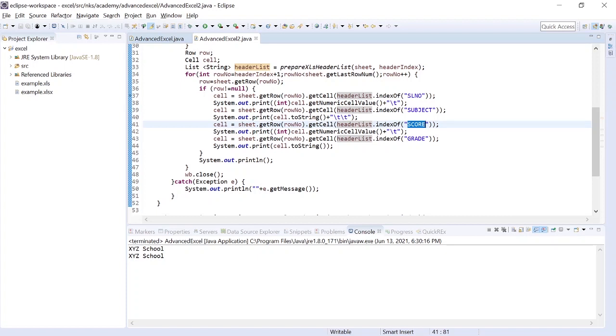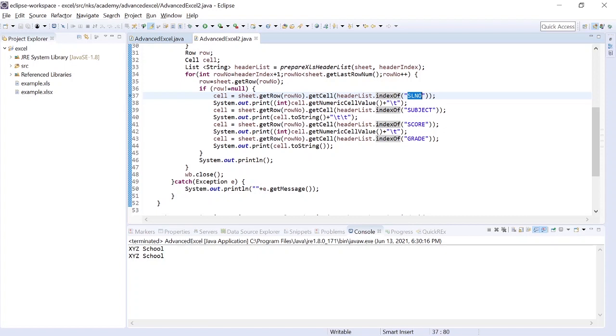Then we can handle it that way: whichever column index it is present in, we can get that value. Header.indexOf serial number. We will just write capital SERIALNUMBER and we can get the value because we have removed all the spaces, we have removed everything, and we have moved every character to uppercase.